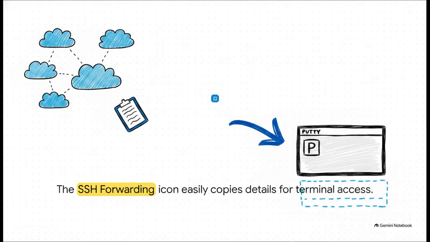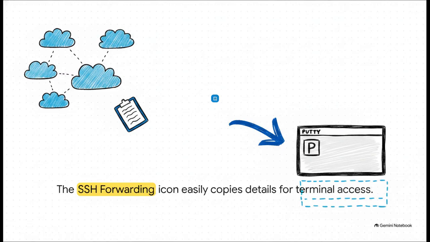But look, we know how it is. Sometimes you just really need that traditional direct terminal access. SCC hasn't forgotten about you purists out there. Just click the SSH forwarding icon in the object list, and the system instantly copies the specific IP and port details right to your clipboard. From there, you drop them straight into a terminal app like PuTTY, and you've got your direct command line management